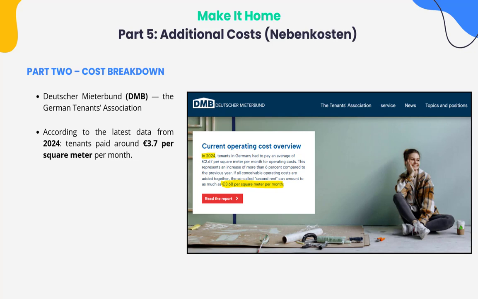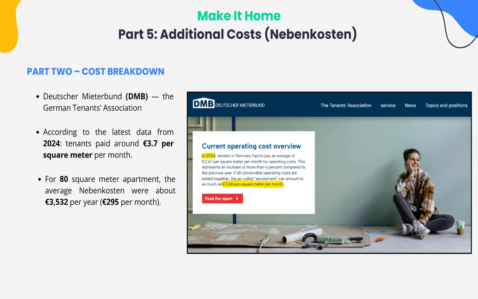per month for operating costs, which means for an 80 square meter apartment, the average Nebenkosten in 2024 were about 3,532 euro per year. That is roughly 295 euro per month. Remember, these are the latest available numbers from 2024. Costs today are likely higher due to inflation and energy prices. Therefore, for 2026, you can assume it is around 4 euro per square meter per month for operating costs in